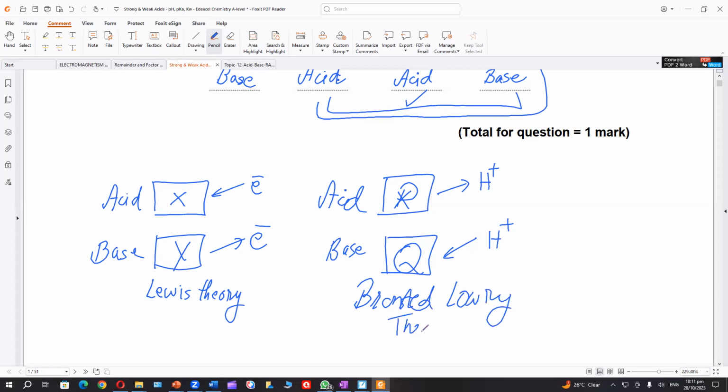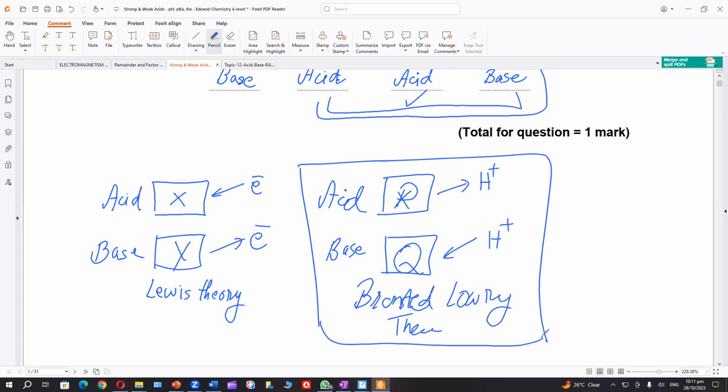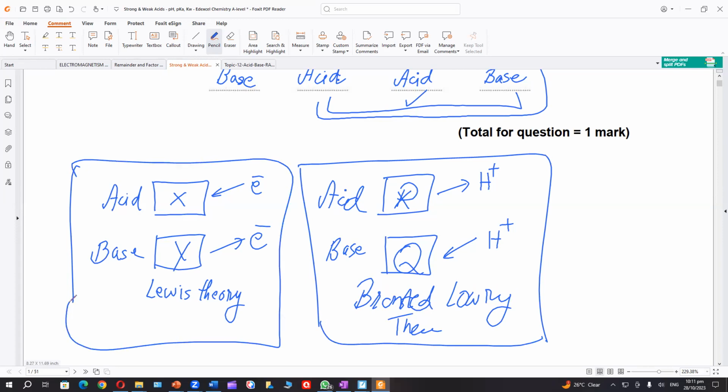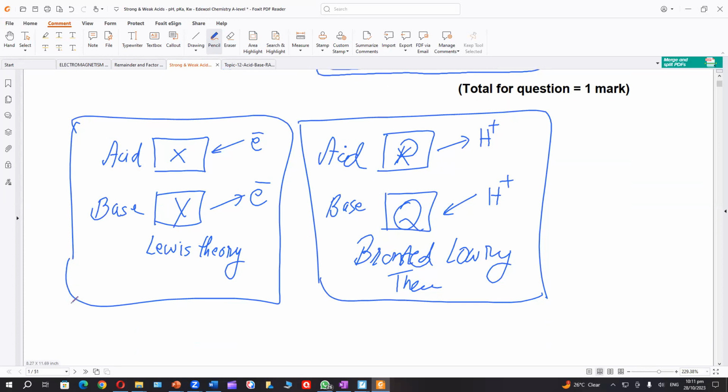So now this theory is called Bronsted-Lowry theory. So this is one theory which is very important, and this is the second theory, which is the additional theory. Are you clear about it, or do you want to copy it for future reference? No, I'm clear about it. Okay, then